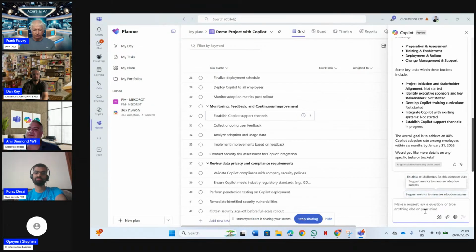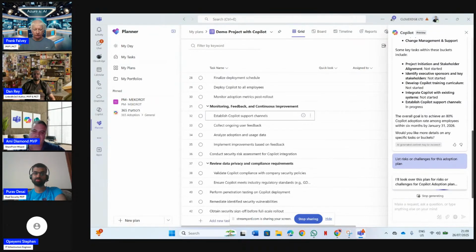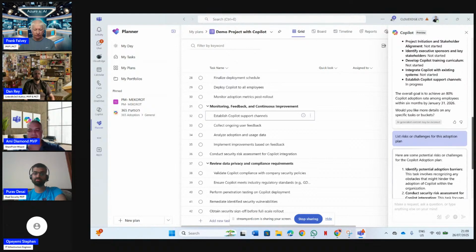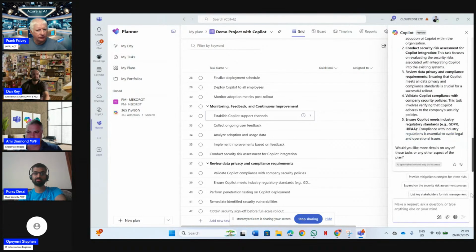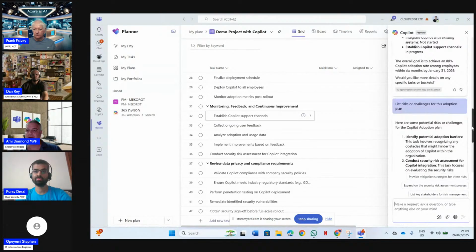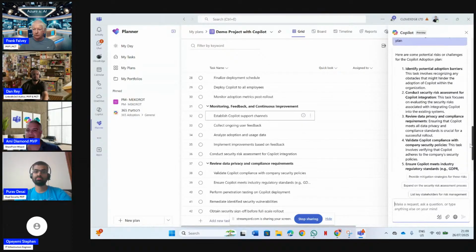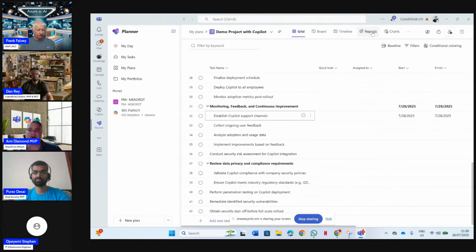Now it offers here all kinds of things. So list risks and challenges for this adoption. Now, the more information we have here, the more information the AI can provide. That's the risk. Okay, it writes this. Now let's try maybe